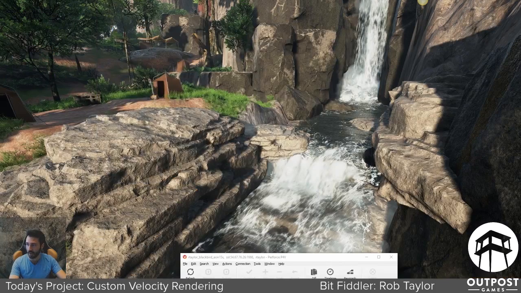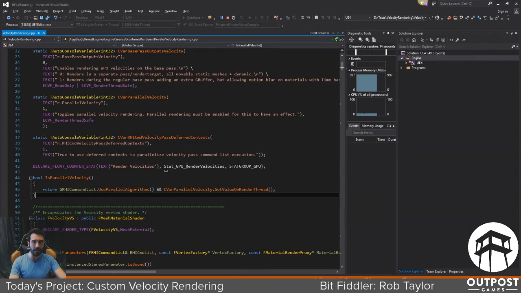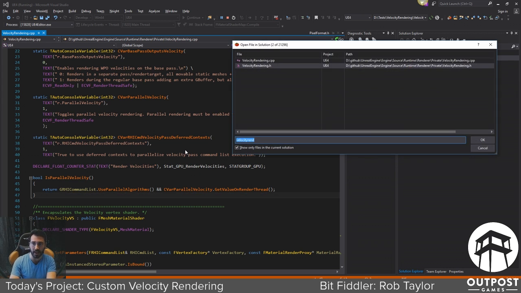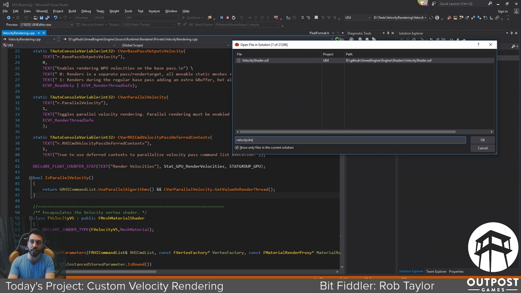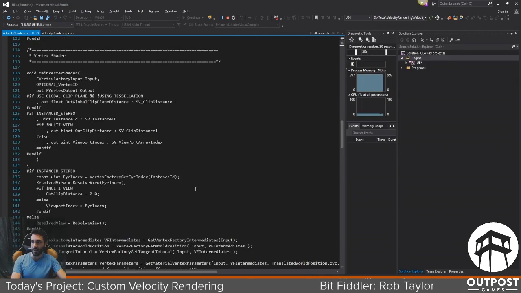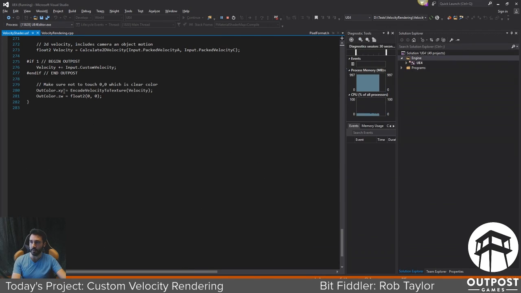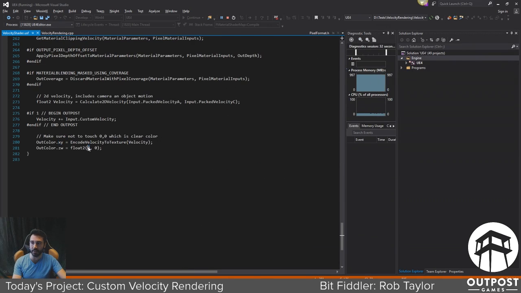It's compiling. It's running. Here we go. What you'll actually see is no change once it finishes. So in the meantime, let's bring back our velocity render, the velocity shader. Instead of outputting to these channels, X, Y, we're going to output to these unused channels. They're outputting clear color, but not outputting anywhere because they're using only 32 bits. So the 16 bits are the X and the Y. And we're going to just throw in